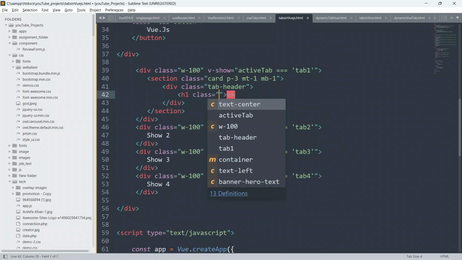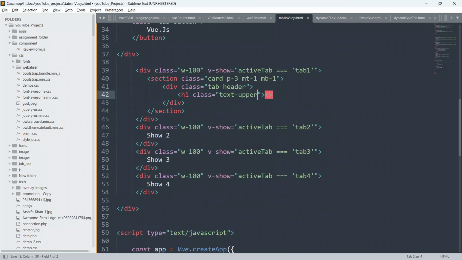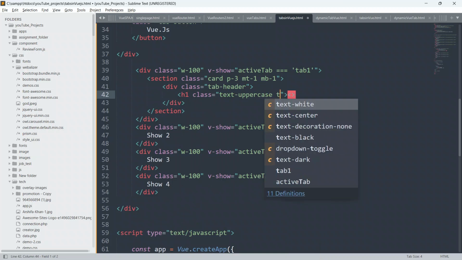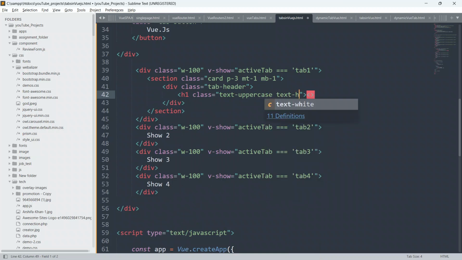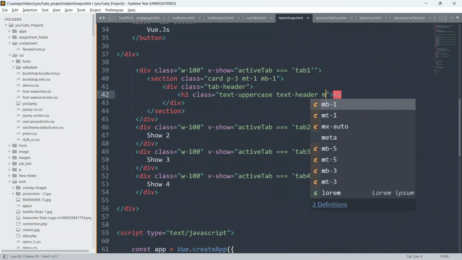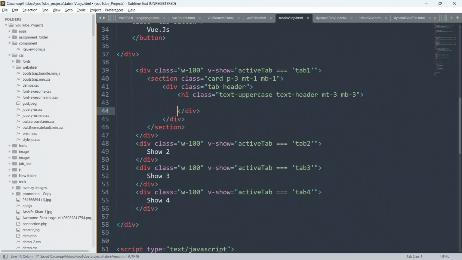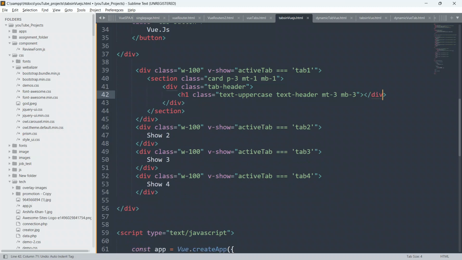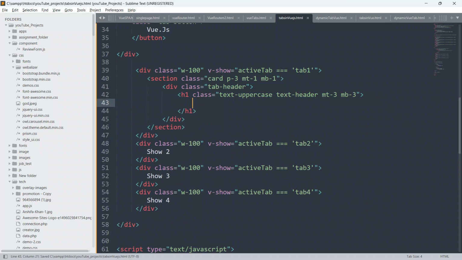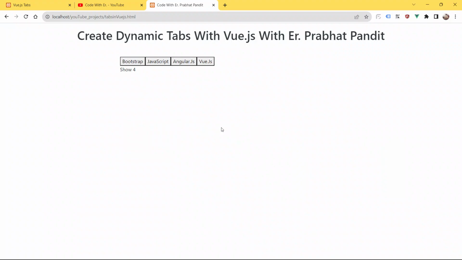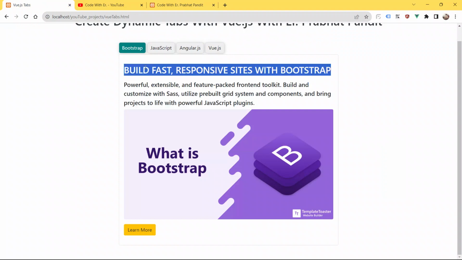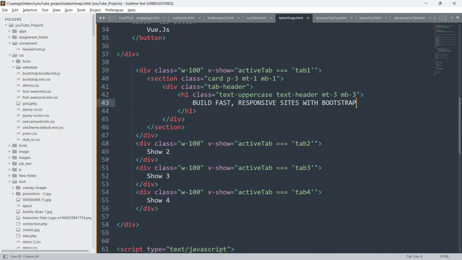Give the class text-uppercase, and give also text-header, and give margin top 3 and margin bottom 3. Oh no, it is an h1 guys, so close this h1 first, and inside this I'm gonna put the text. Just go here and copy this text from here and paste it here.